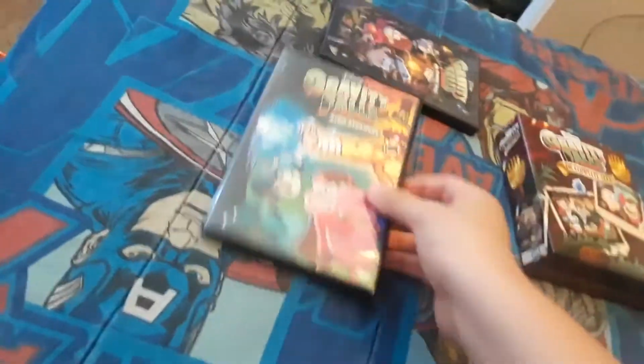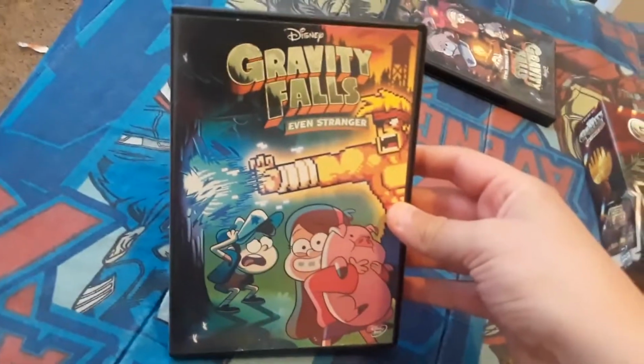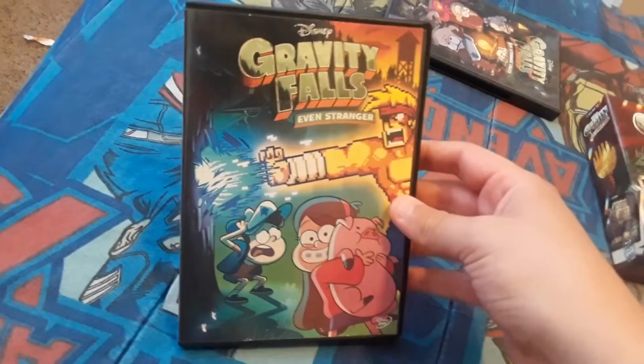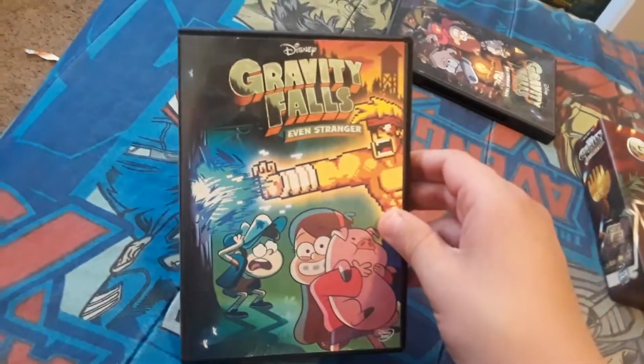Next off, let's take a look at the second volume, Even Stranger. So on the top, we see the Disney and Gravity Falls logos. It says Even Stranger. Then we see Dipper, Mabel, Waddles, and...